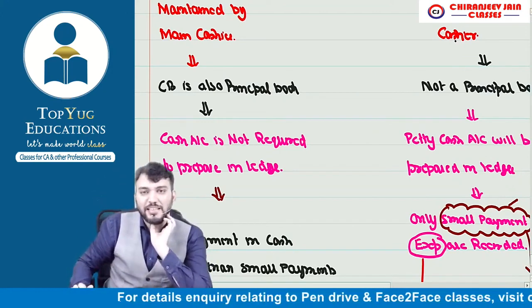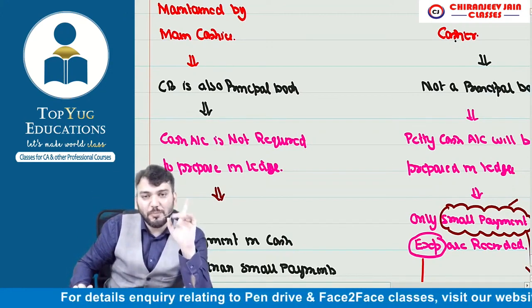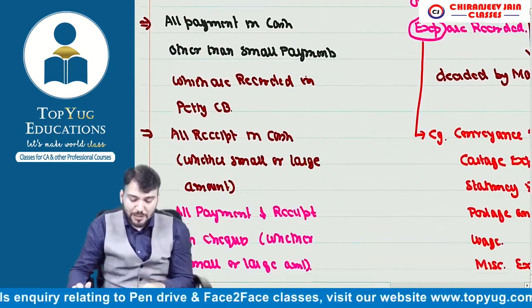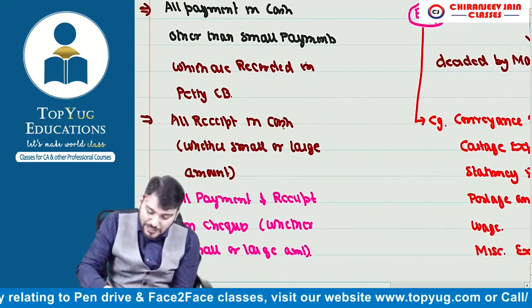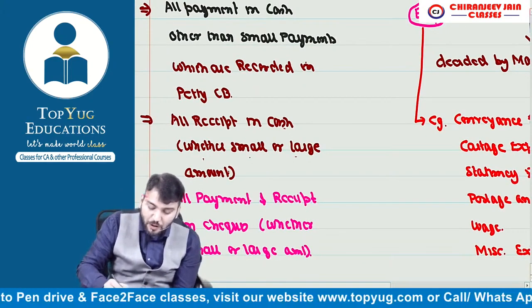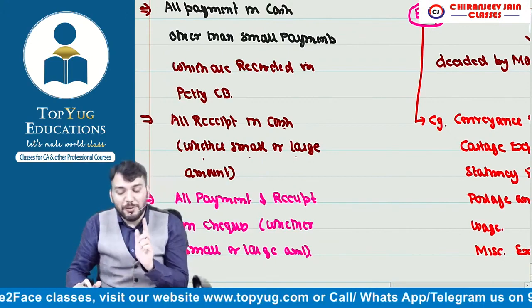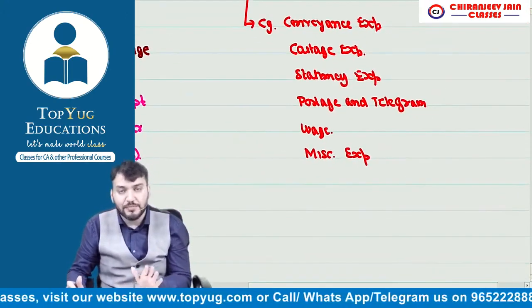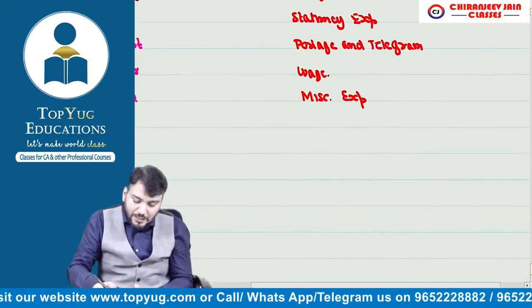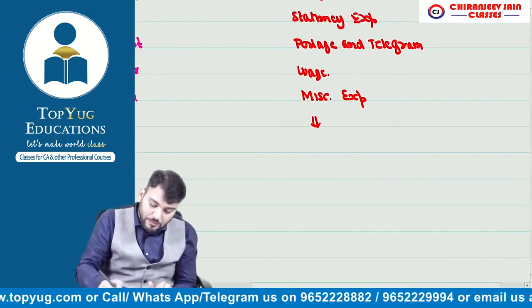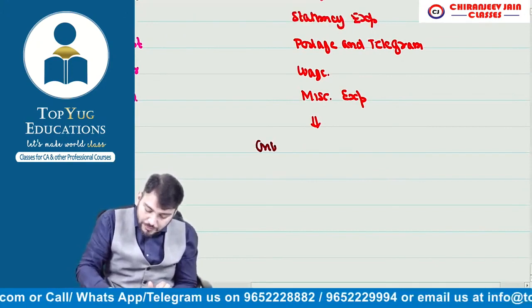नालायक, फिर से बोलते पैटी कैश बुक. Receipt of small amount will not be recorded in petty cash book, it will be recorded in cash book. लिख तो दिया, फिर भी गलत बोलते हो. Receipt in cash, whether small or large amount, will be recorded in cash book. Understood? So it will be recorded in cash book means can I say in petty cash book only one receipt will be recorded. देखो, only